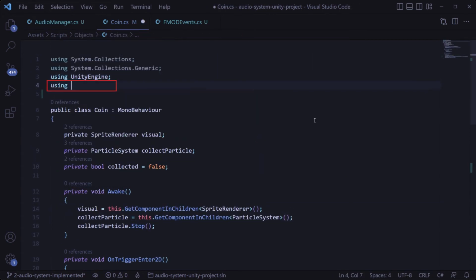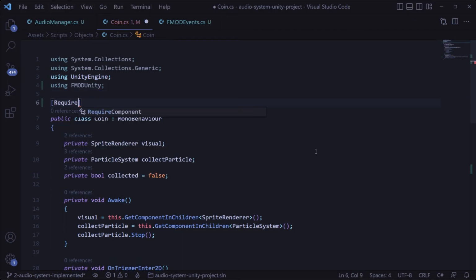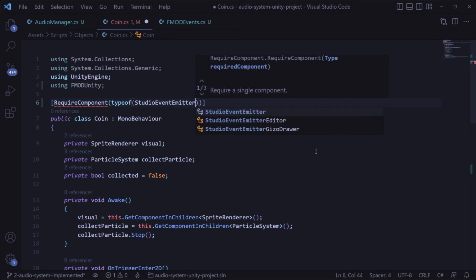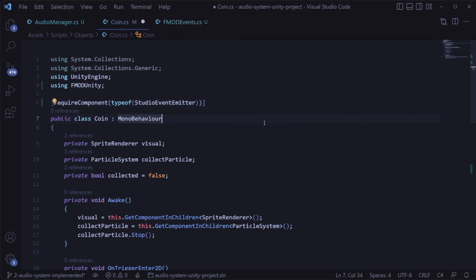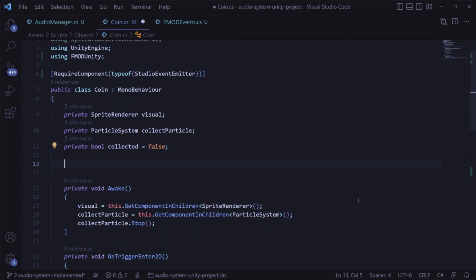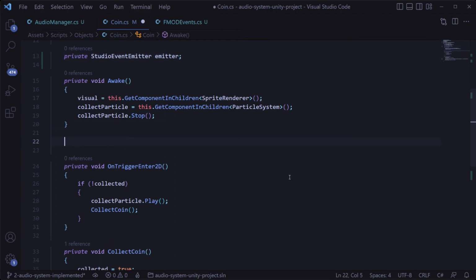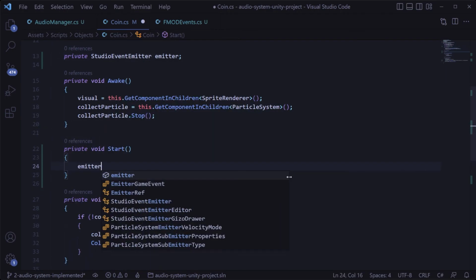Next, in the coin script, we'll add a using statement for FMOD Unity. Then, just for clarity, we'll also add a require component annotation here of type studio event emitter, so that anytime we have a coin script on a game object, Unity will complain at us if we don't also have an event emitter on that game object. Then we can declare a private studio event emitter called emitter, and in the start method of this script, we'll assign that emitter to